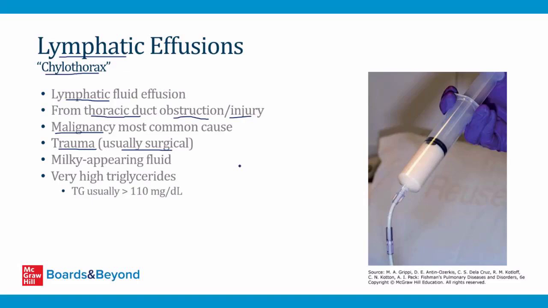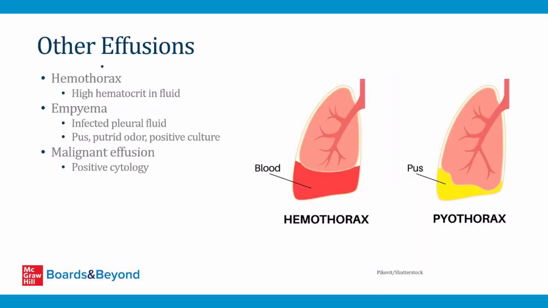And the key characteristics to know about a lymphatic effusion is, first of all, that the fluid will look milky white like this, which is very different from the sort of clearish brownish fluid you get in other types of effusions. And then the triglyceride levels are usually very high. Triglycerides over 110 in the pleural fluid usually indicate the presence of a lymphatic effusion. Some other types of effusions are shown on this slide. A hemothorax is a pleural effusion caused by the presence of blood, like shown here in this cartoon. Key findings are that the pleural fluid sample will be bloody and there will be a high hematocrit in the